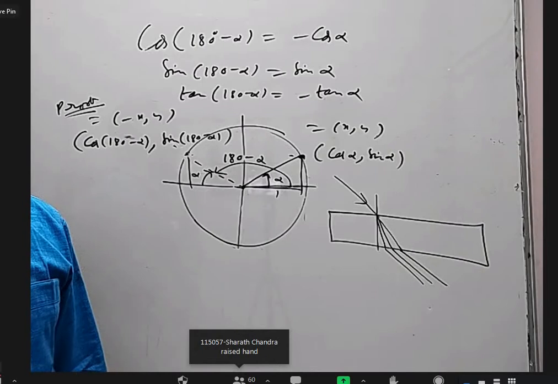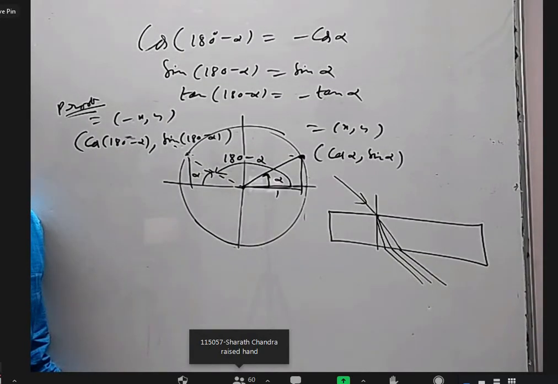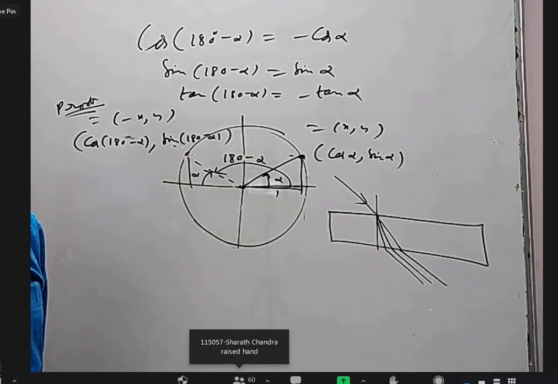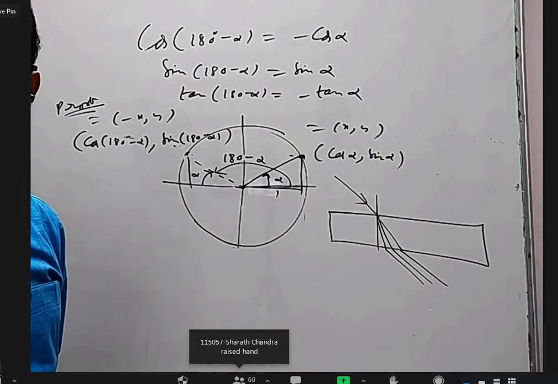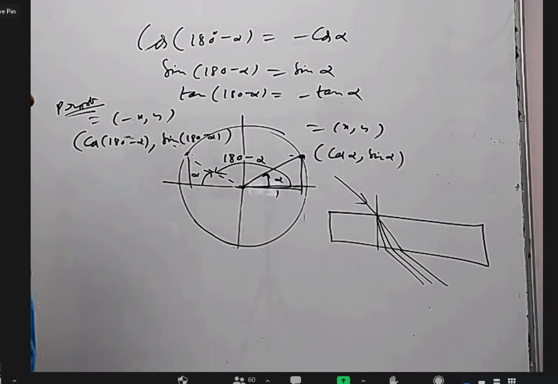Sir, because of dispersion, sir. Can I answer? They are parallel. Yes, please. So when white light enters the glass slab, according to this diagram, it gets split into 7 different colors. Those 7 colors will get deviated by different angles, and when they are coming back into the air, they will get deviated into the same angle and again merge into the same white light.